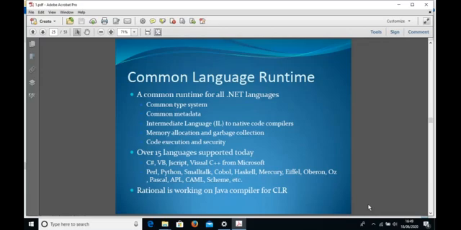Today I am going to teach you the common language runtime. Friends, the common language runtime is the heart of the .NET framework. If the .NET framework were a living, breathing human being, the common language runtime would be the heart and soul. Every byte of code that you write for the framework either runs in the common